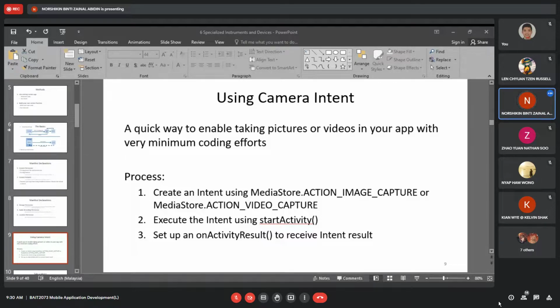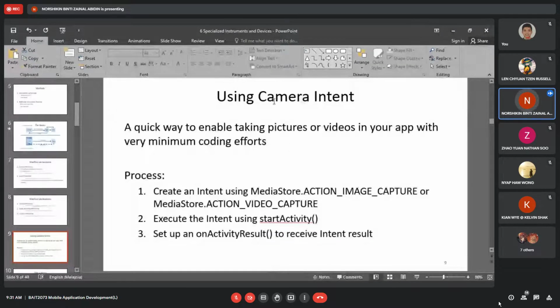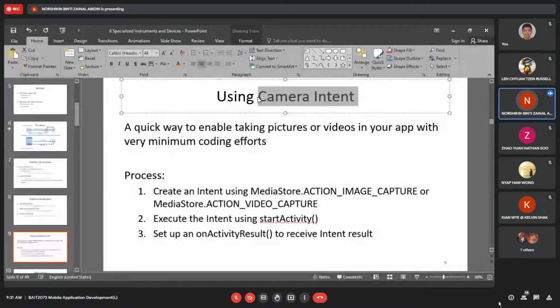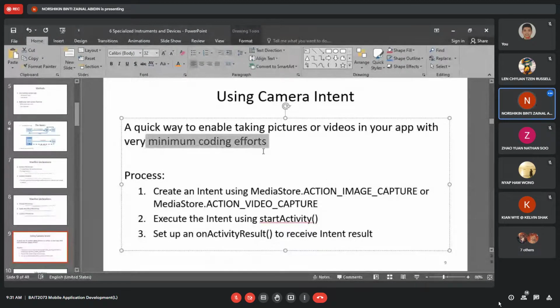You use intent with minimum coding effort. That means you don't have to write a lot of code compared to when you build your own. Use camera intent, the message object. So if you see this term, camera intent, remember minimum coding effort. So this is the process.